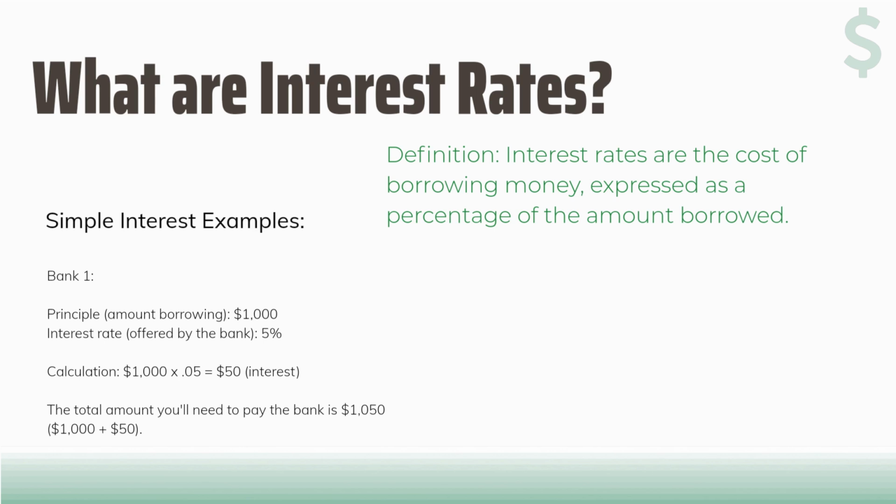To figure out the interest amount you'd pay to borrow $1,000 from that bank, you would multiply $1,000, also known as the principal, by 0.05, which is the interest rate they are charging for the loan. That shows there is $50 of interest you would pay to borrow that $1,000. The total amount you would have to pay back is $1,050. That includes the $1,000 that you want to borrow plus the interest you would pay for the privilege of getting that loan.